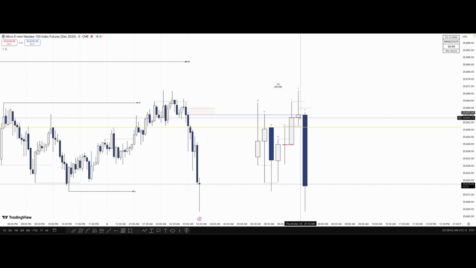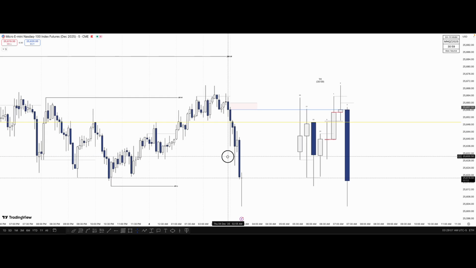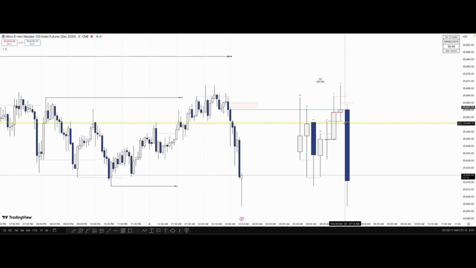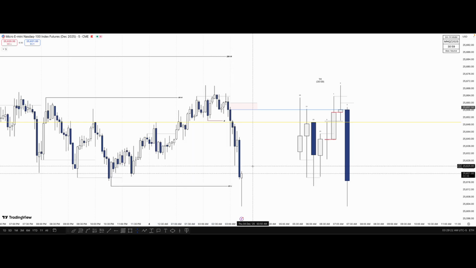अभी जो मैंने अभी तेरे को सिखाया. ऊपर का हाई ले लिया, it failed to displace higher. So what is your next draw on liquidity? You'll be targeting this low, right? Or what is your time based liquidity? The Asia low, isn't it? So after this candle has closed, after this 2 a.m. candle has been closed, what is your,